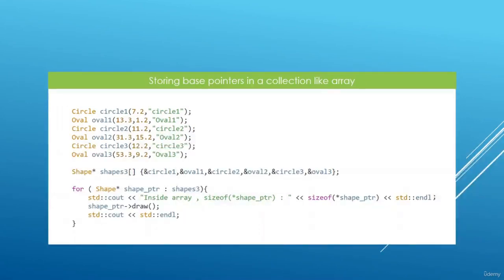Another benefit was that we can use the base class pointer as a type to store these in a collection. For example, this array here is storing shape pointers, but we can pass in addresses for circles, ovals, rectangles, or any kind of crazy shapes we have with our shape inheritance hierarchy, and this is going to work. If we loop through this array, we could get the draw methods to be called using dynamic binding,